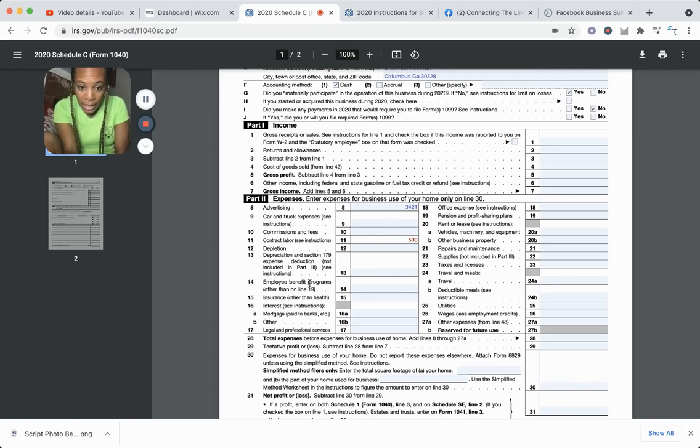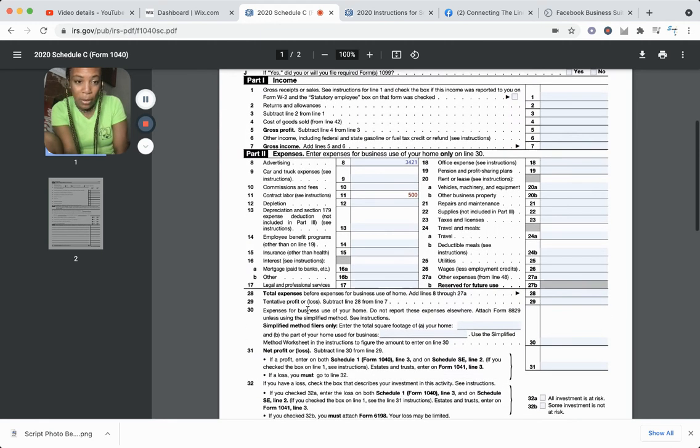All right. If there's any other things in here, employee benefit programs, if you have a large studio and you offer your employees medical benefits or healthcare benefits or whatever, then that's where you would put that information or that number. Next thing,